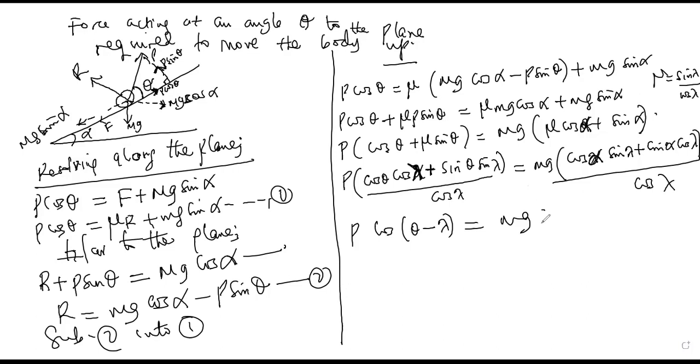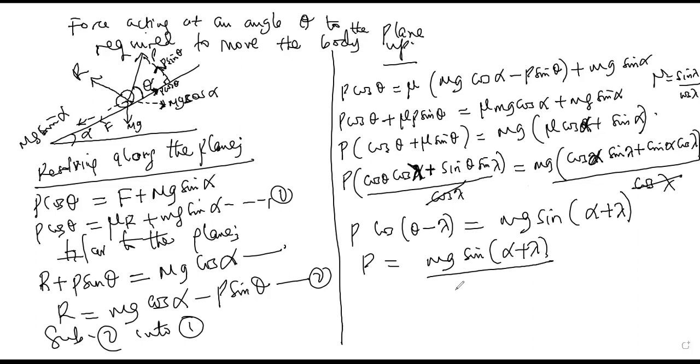What about the cos lambda down? It has cancelled with this. So I'm having mg sin alpha plus lambda. Have you understood it? Is that okay? Yes. Implying that my P is going to be mg sin alpha plus lambda out of